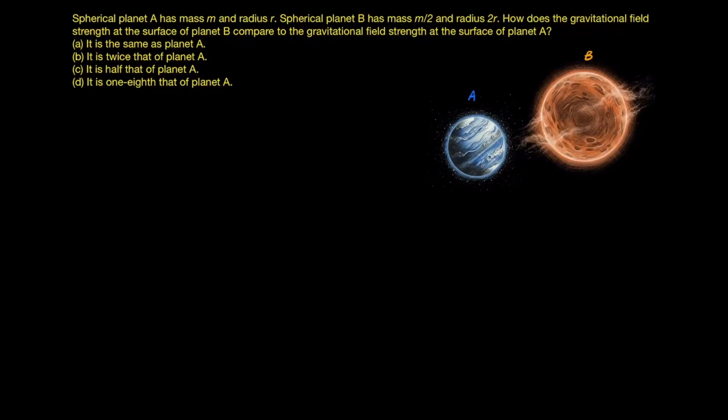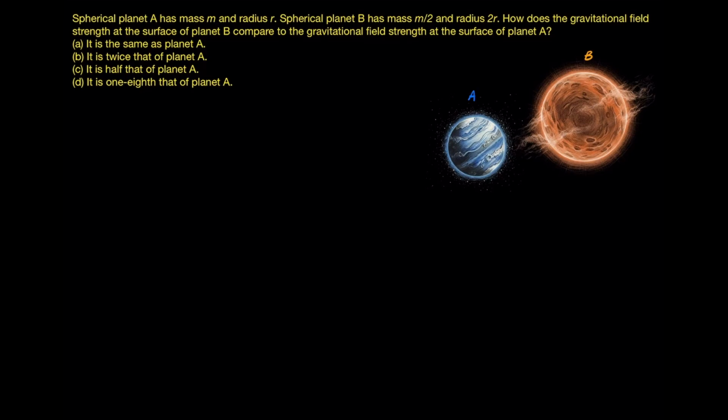In this video, we are going to solve a ratio problem involving gravitational fields. Here's the scenario. We have two planets, A and B. Planet A has a mass of m and a radius of r. And planet B is a bit different. It has half the mass, but double the radius. Our goal is to figure out how the gravitational field at the surface of planet B compares to planet